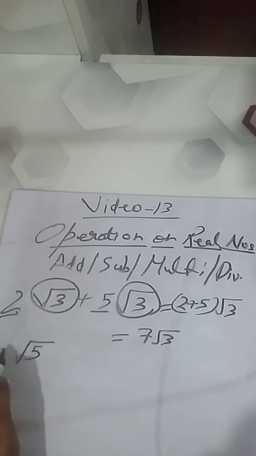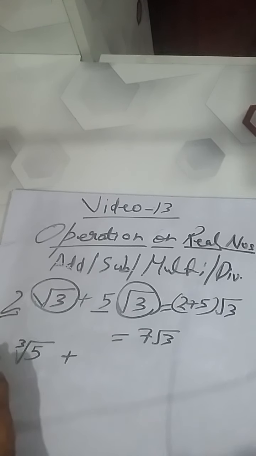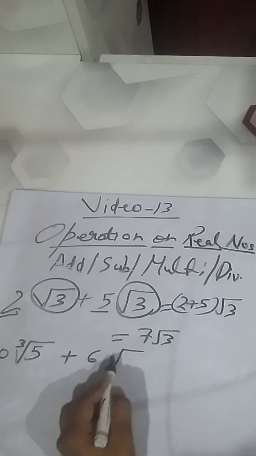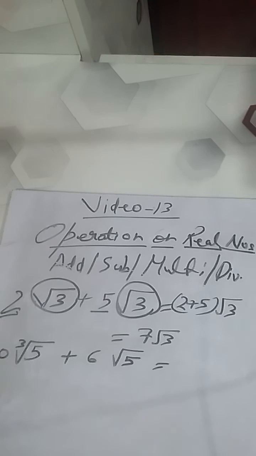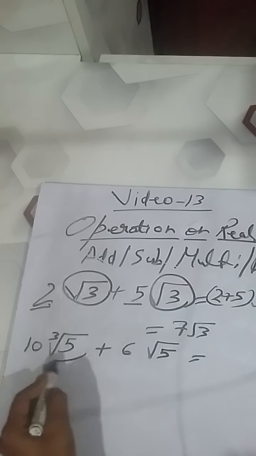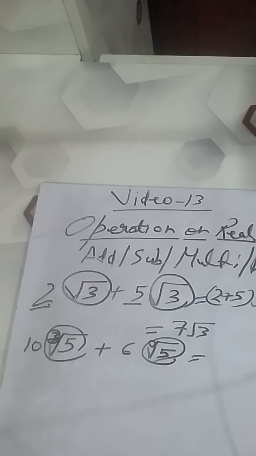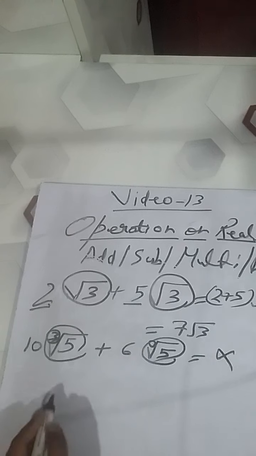Let's take one more example here. It is 5 raised to the power cube root 5. This 10. Here we cannot add this. Why? Because this part is not same. And what is not same in this? Look at the order here. Here the order is 3 and the order is what? If it is not written, it is taken 2. So you cannot add this. It will remain like this.